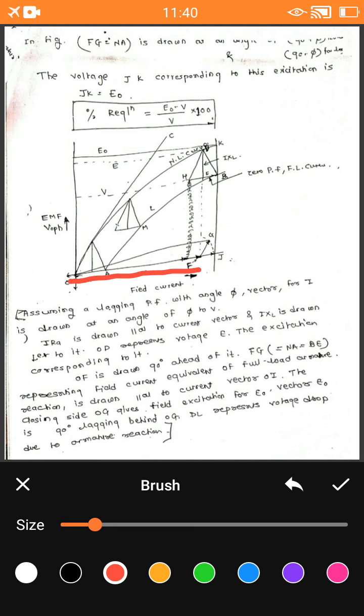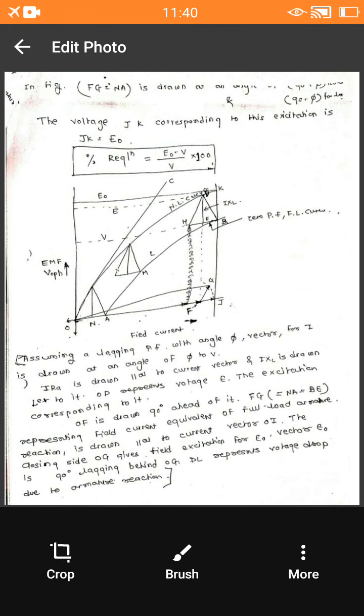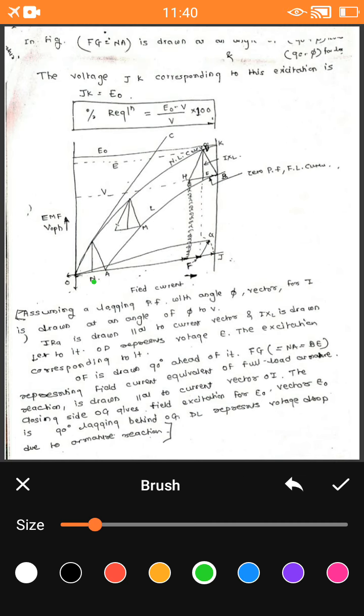Depending upon the power factor, if the power factor is leading, it will be drawn at 90 plus theta, and it will give you the total value of IF. So if we increase this IF to a different point, considering that particular graph, this will be IF1, this will be IF2, and this will be the total IF. Then increasing that IF to a field current value and extending to the point on the no load curve, it is drawn to the voltage phasor.